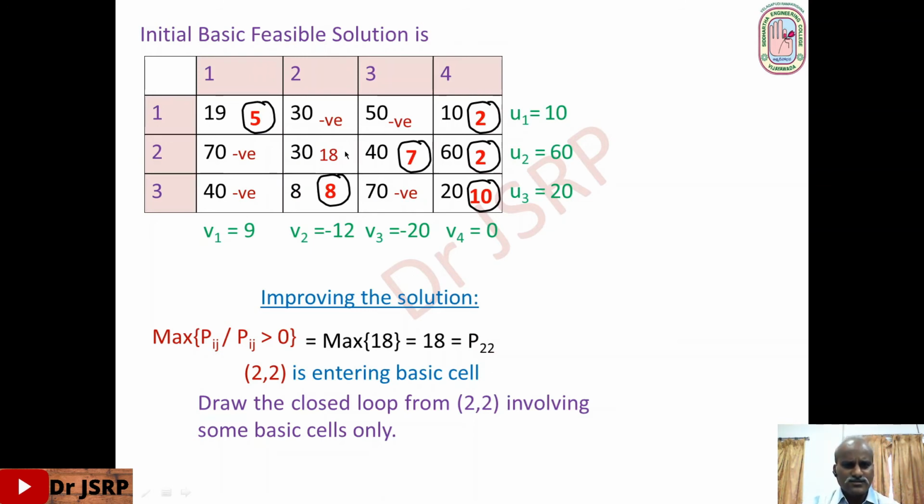Okay, right. So from here, I can move in this direction or in this direction. I cannot move in this direction or in this direction since there are no basic cells. Suppose I move in this direction from this cell to this cell. From here, I can move only to this cell. So there is no basic cell. Okay, from this to this. From here, I can move to this cell or this cell. I have to move to only one cell. So from here, I can move to this point.